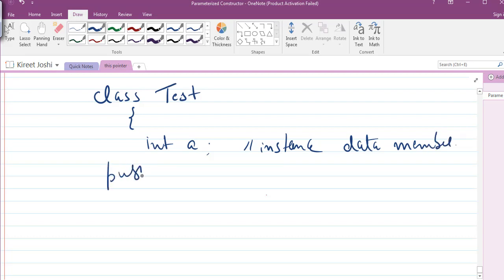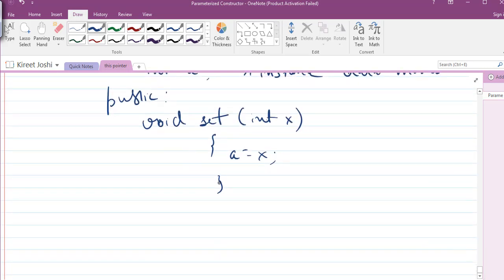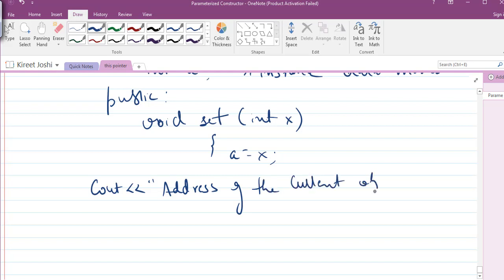In the public section I'll create a function, let us suppose set, and inside this I'll pass a local variable that is used to assign the value to this data member. For example, if I write cout, address of the current object pointed by this pointer is